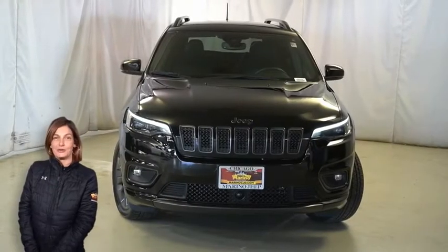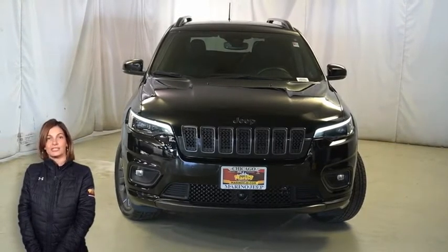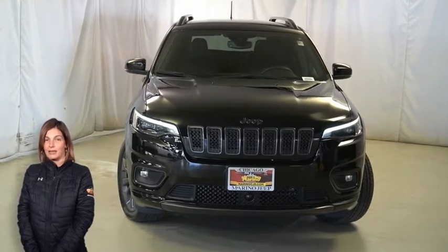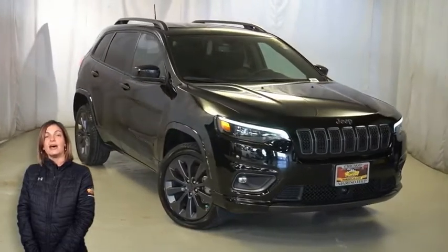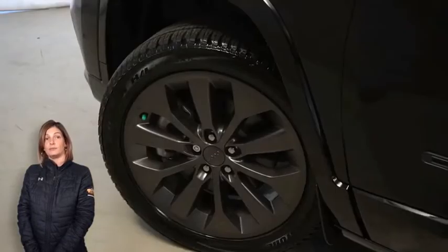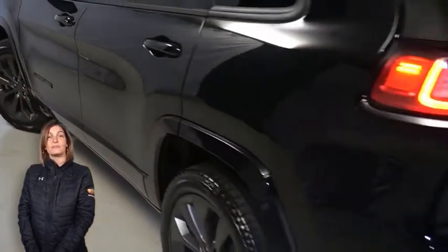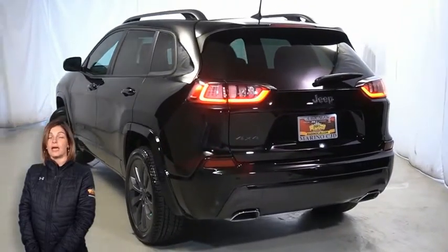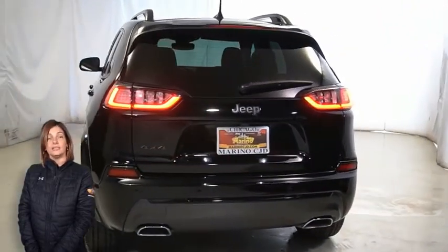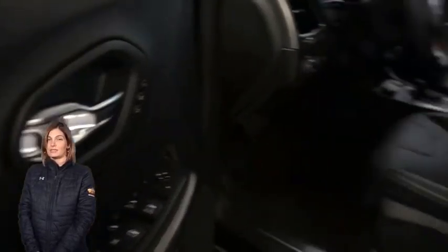Are you looking for a highly equipped compact SUV with all the right options and reliability? We'll take a look at this certified pre-owned 2019 Jeep Cherokee Limited in Diamond Black Crystal Pearl. With bi-xenon HID headlamps, adaptive cruise control with stop and go, 19-inch granite crystal aluminum wheels, power heated mirrors, body color wheel flares, LED tail lamps, heated front seats, heated steering wheel, only 11,000 miles on the odometer,